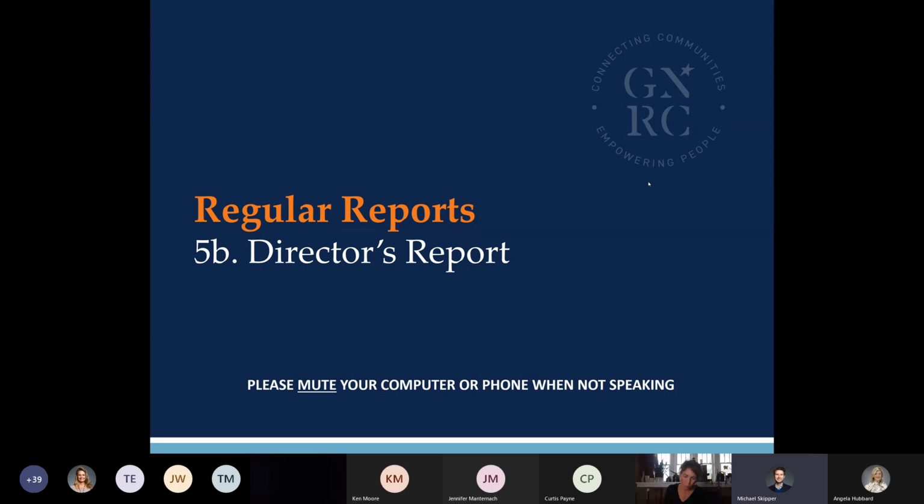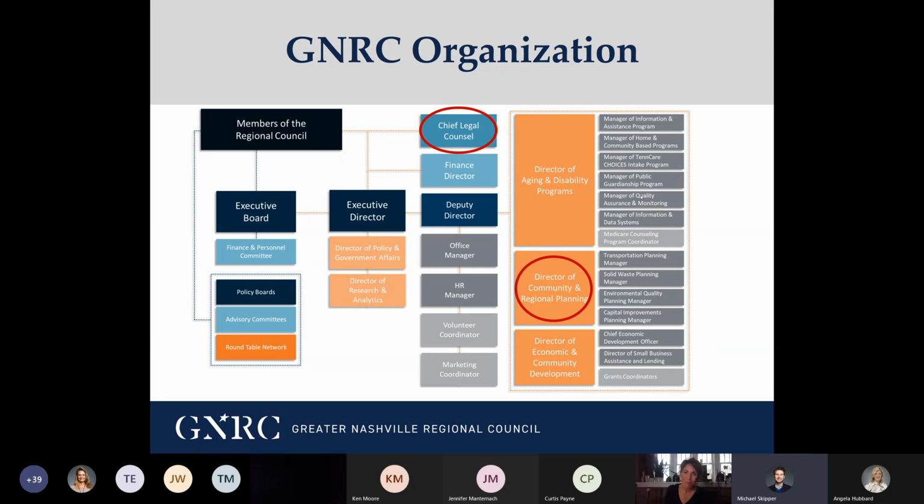Mr. Skipper. Thank you, Mayor Brown. And I know we're coming up on an hour, and I'm going to be respectful of your time, but I do have a couple of updates for you. First off, let me introduce two new members of our leadership team. I think they're both online with us. So if you're online, and you could go ahead and turn your camera on and say a few words here after I introduce you. But the first person I'd like to introduce is our new Chief Legal Counsel, Candy Henry,